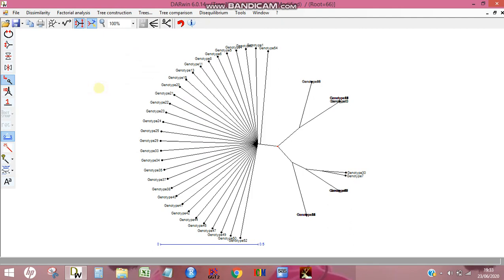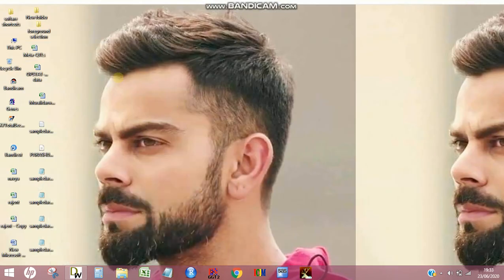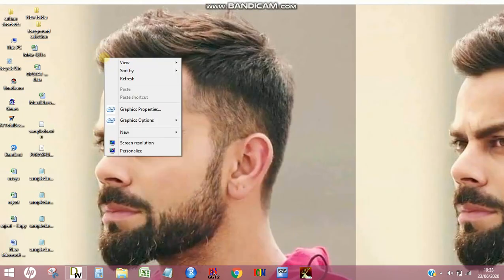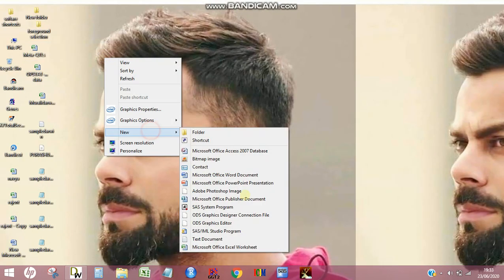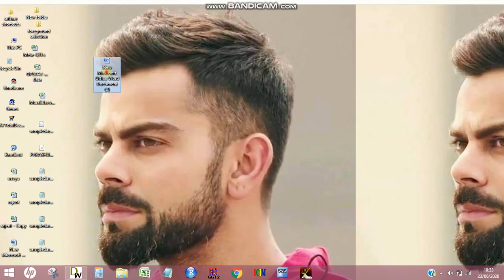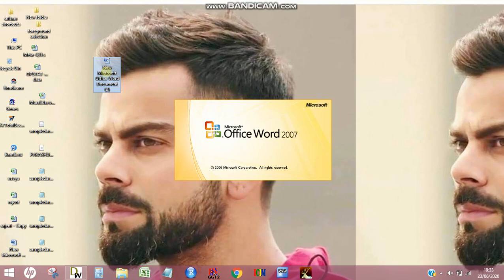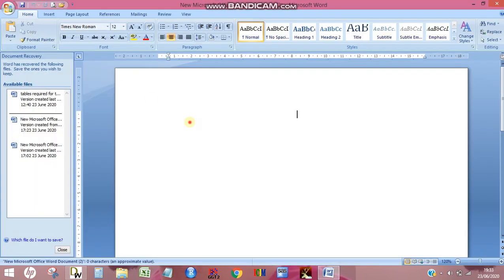Now if you want to save the dendrogram, go here and click on this, copy bitmap. Let's get outside of the software, open a file and paste it like this.